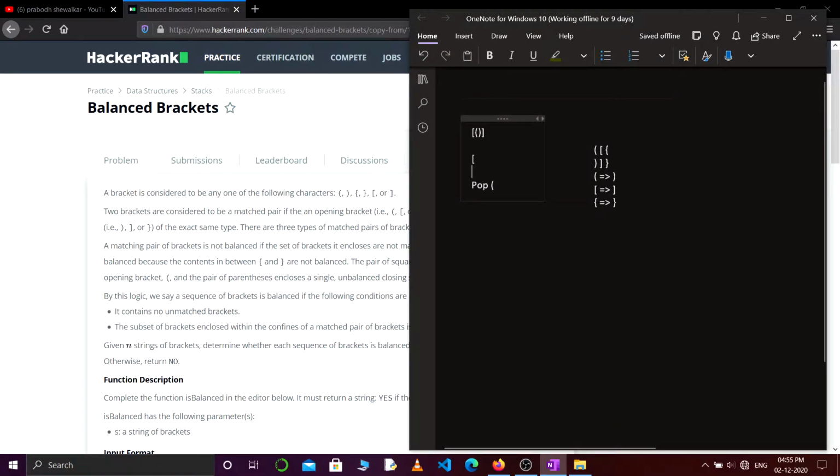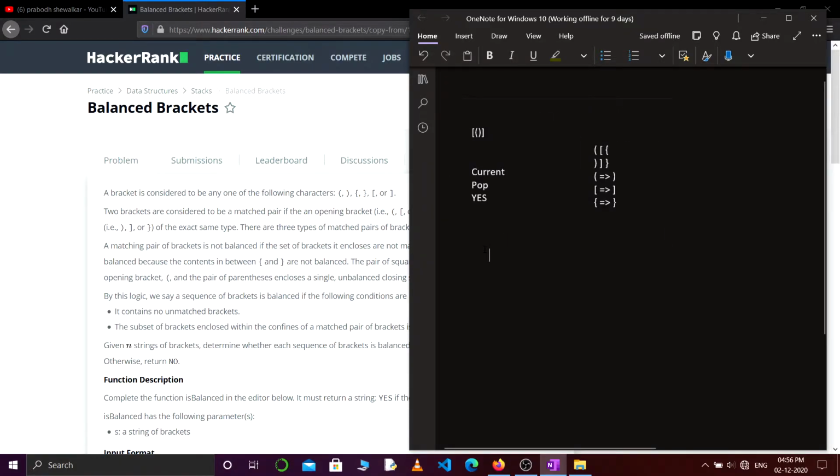Then our current element will be this, and we will again pop from the stack, so our popped element will be this. This corresponds to the current element, so no problem. Our string is empty now, and our stack is also empty, so we will just return yes. So this is a balanced string.